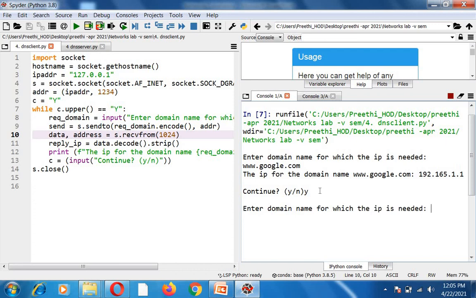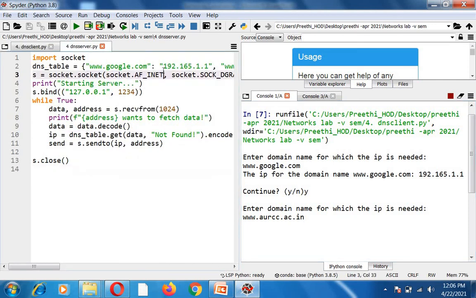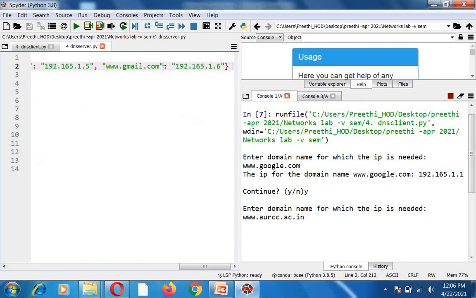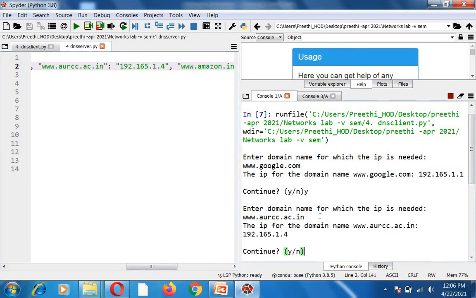So again I'm going to ask for www.aurcc.ac.in. For this I have stored .4, so I should get the output as .4 now. When I press this, I am getting the answer as .4.